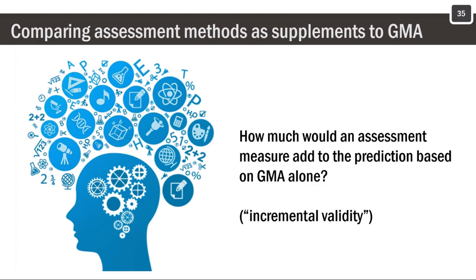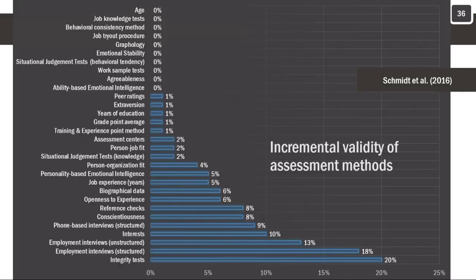So, what other assessment methods add substantially to the prediction based on solely general mental ability? The largest predictor at the very bottom here is integrity tests. These tests are used in business and industry to hire employees with reduced probability of counterproductive work behaviors on the job, such as fighting, drinking, or taking drugs, stealing, sabotage, or excessive absenteeism. Integrity tests do predict these behaviors, but surprisingly, they also predict overall job performance.